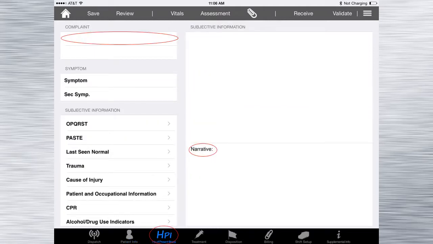So we'll move on to the HPI, the history of present illness. On this page, again, you have your narrative there at the bottom that you'll need to complete. Again, I don't know why it doesn't light up red. That's something we're working on, but that is part of the validation criteria, so if for some reason you forget, it will remind you. But on this page, we're going to go up to complaint, and if you touch that first box there,